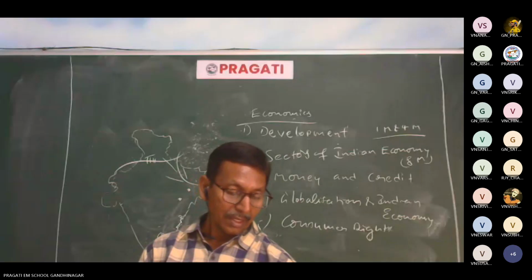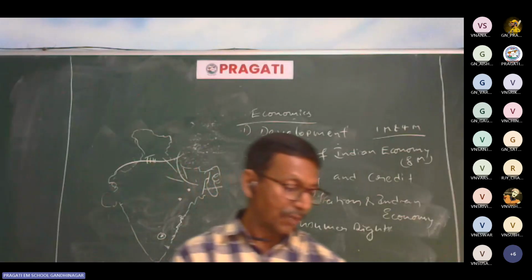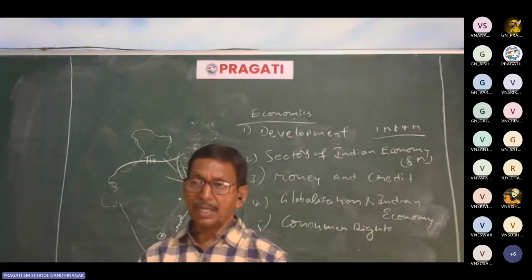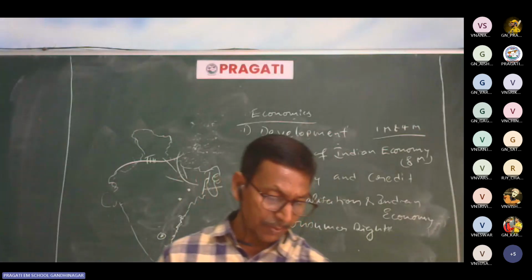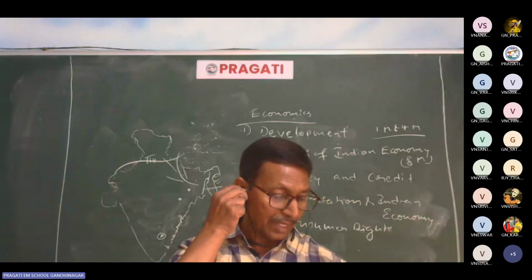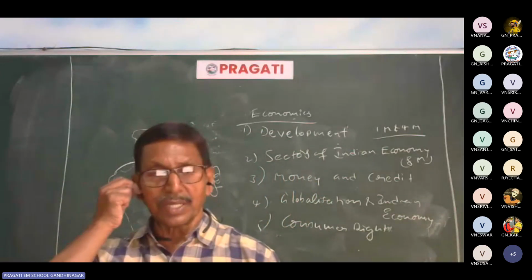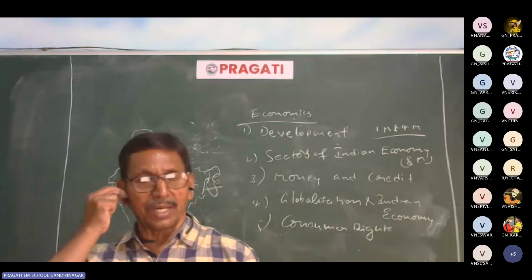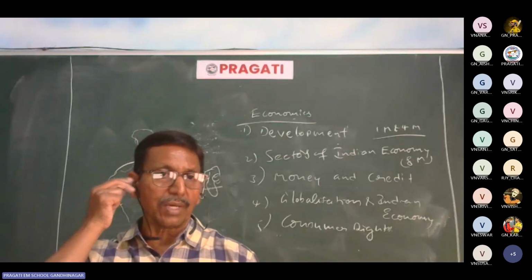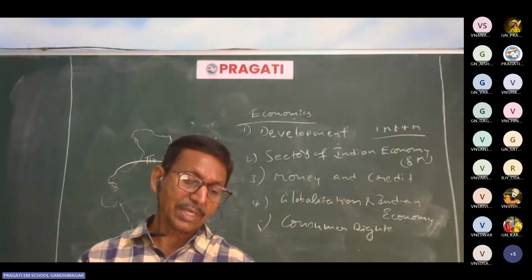Mostly, body mass index: how can you say whether a girl or boy is undernourished? Prepare thoroughly. What is called net attendance ratio? What is per capita income? The total income divided by the total population of a country gives per capita income. It is also called average income. See these definitions well.